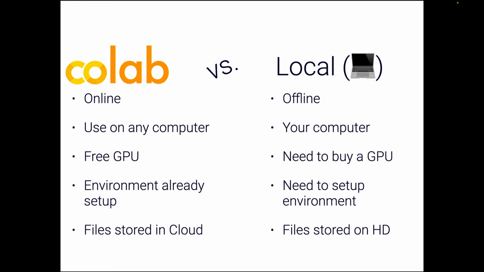Now, if we jump down a little bit more, we have the third part here, which is the files. So where your analysis files are going to be stored. In the first part, that would mean that we're storing files in the cloud instead of storing files on your hard drive. So the cloud version basically allows you to back up content, whereas in the local sense, you're sort of having a single point of failure, and that is if your local hard drive goes, so too does all of your analysis, unless you're using GitHub or a cloud service provider like Dropbox, BoxSync, or something to sync